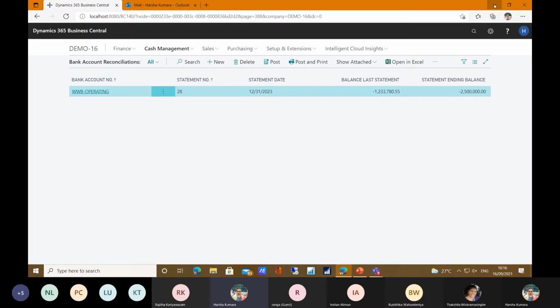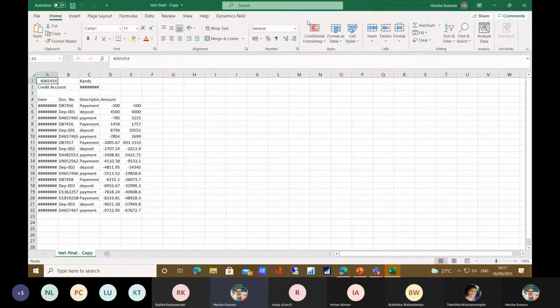Normally, when the bank submits a CSV file, it looks like this. The appearance of the CSV file is a little hard to read, but when you upload your bank statement in Business Central, it will be easy.